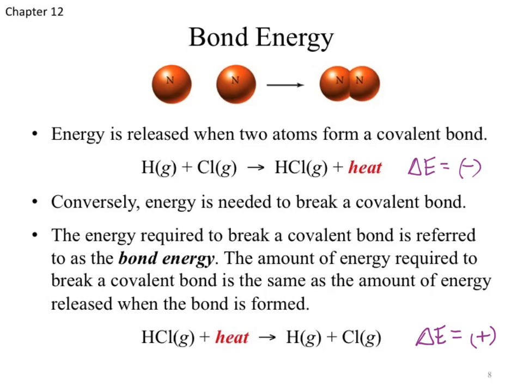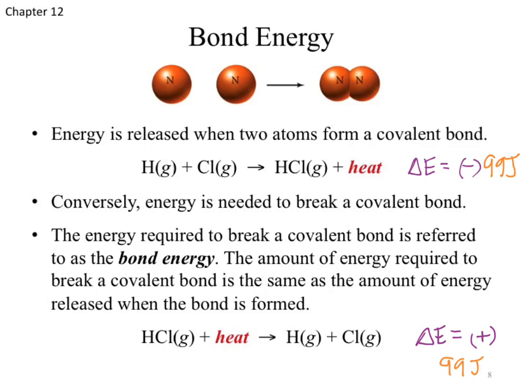So the next question is, what do we define as the bond energy? In both those cases, what's the magnitude? Let's say for the making of that bond, it was a loss of 99 joules of energy. For breaking the bond, how much energy do we have to put in? 99 joules of energy. What we put in has to be the same as what we would get out in both cases. So when we refer to the bond energy, we've got to be careful, because in one case it's negative 99, and in the other case it's positive 99.